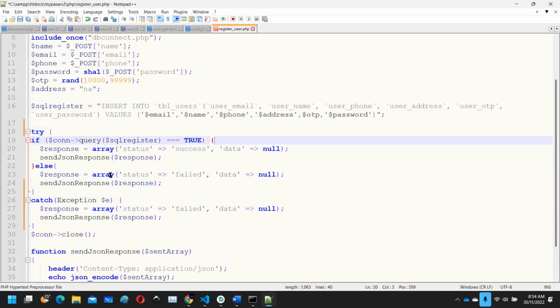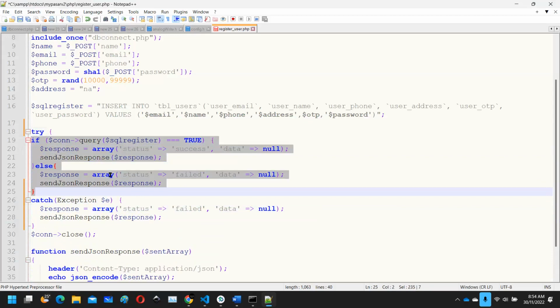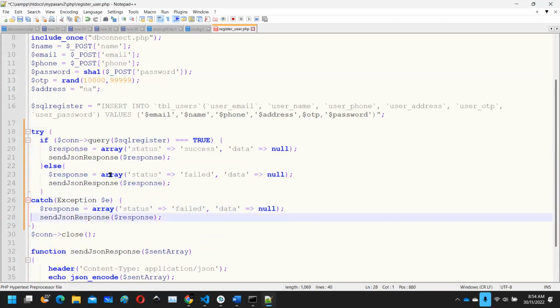I believe you have learned try and catch during your programming too. Try and catch. All right, it's a very important mechanism to safeguard your code from error. So just block it in try and catch. It will basically catch any thrown error within the statement. So if anything goes wrong here, it will automatically be caught by this exception, and this exception